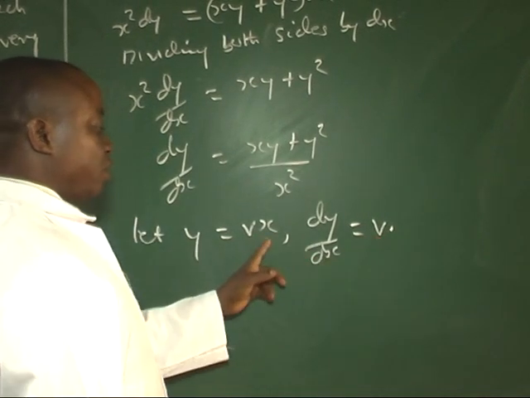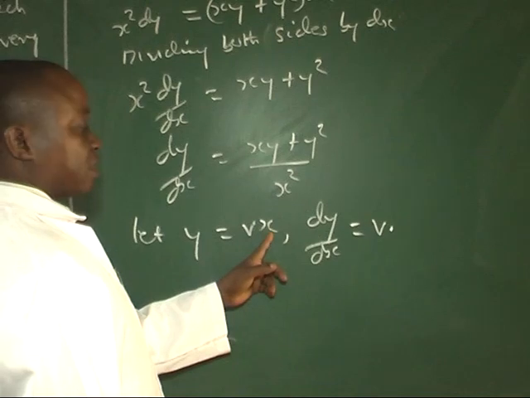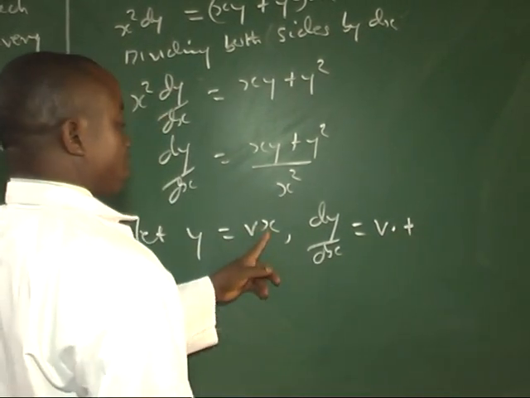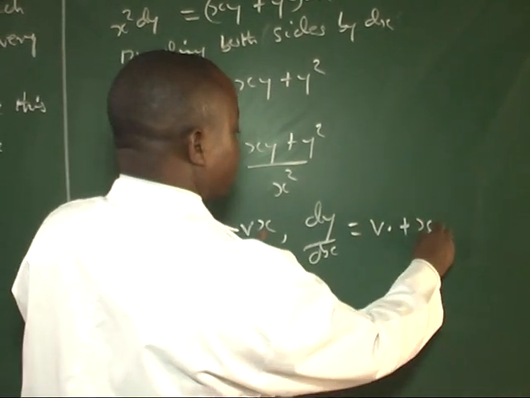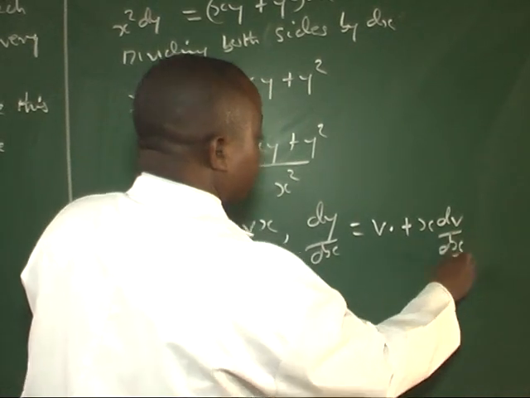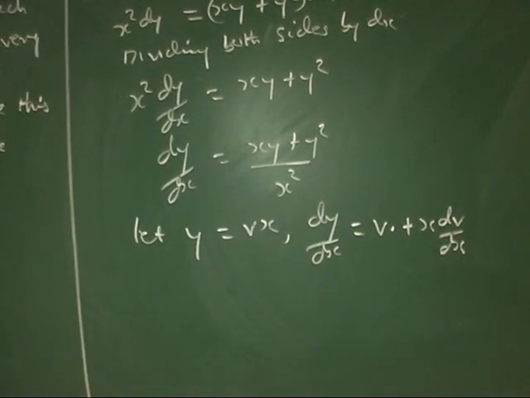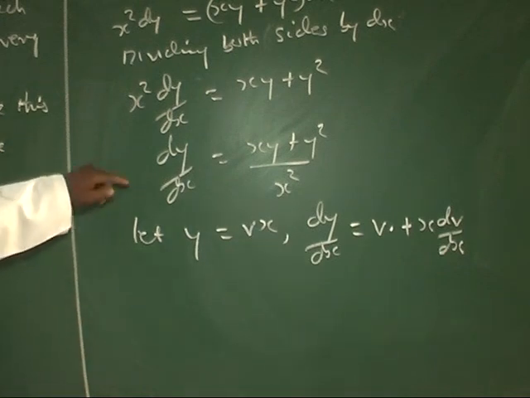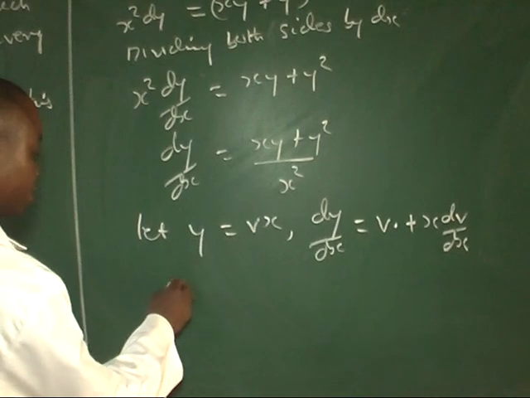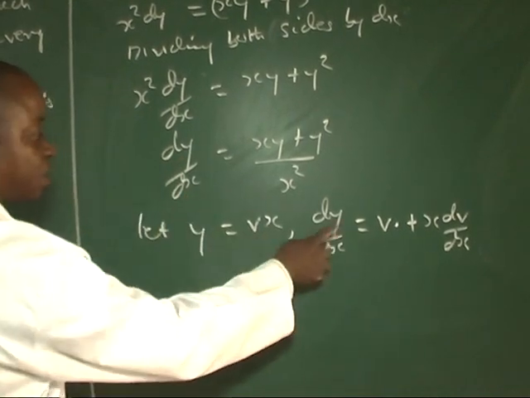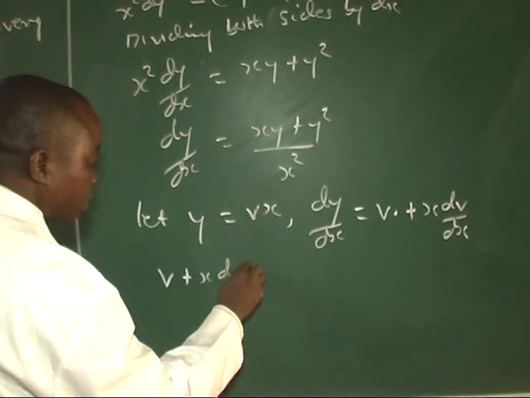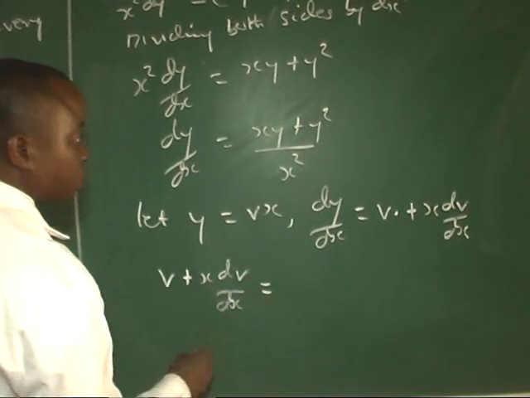If you keep v, it differentiates x to give 1, plus, if you keep x and differentiate v, that is dv/dx. So from this equation, dy/dx is now represented by v + x dv/dx, equal to